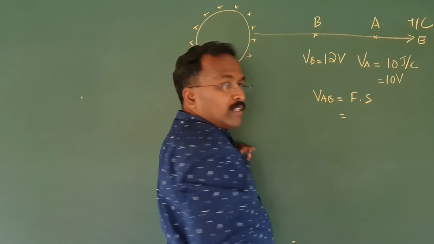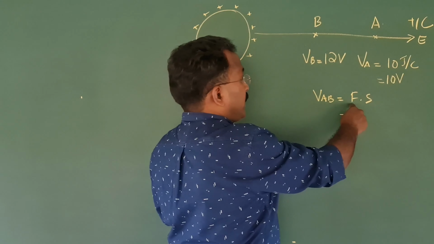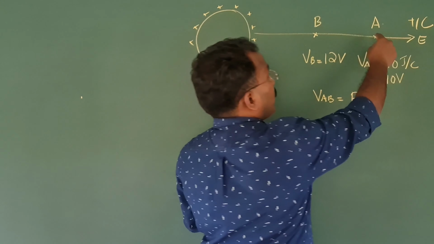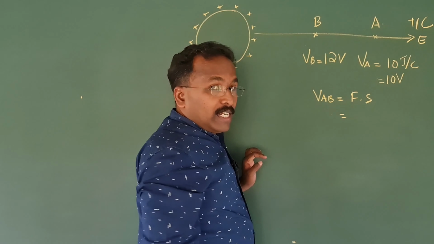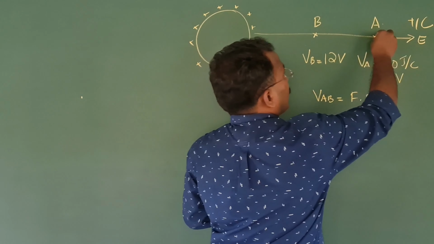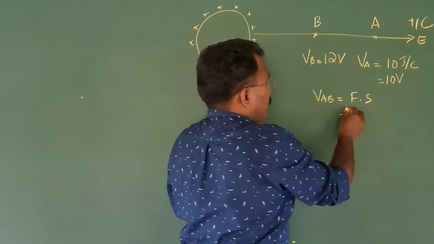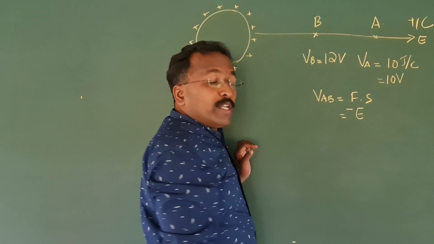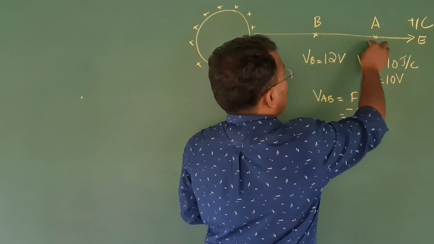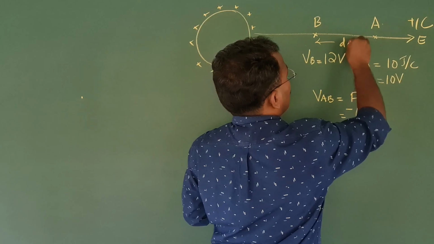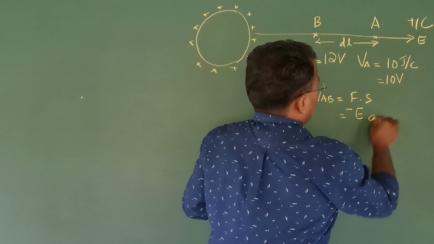This is equal to, now you are taking plus 1 coulomb charge from A to B. The force you needed is called the electric field. How much force is there on this charge here? That is the electric field intensity, if you can recollect the definition of electric field intensity. Now electric field is in that direction. You have to push in the opposite direction. So the force will be minus E. Why am I putting a minus sign there? Because it is opposite to E. Dot this distance, you imagine this distance to be DL, a small distance, into DL,